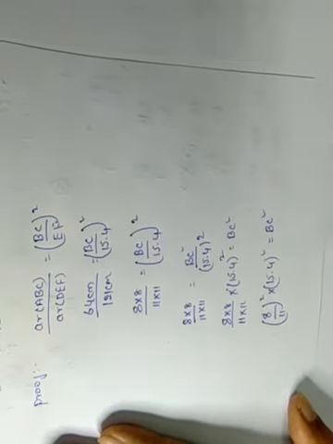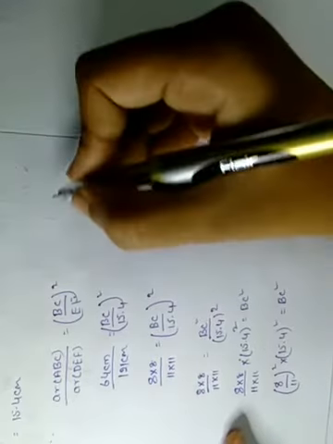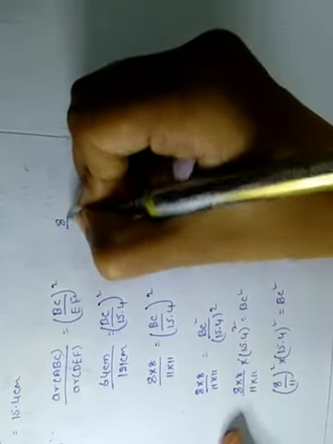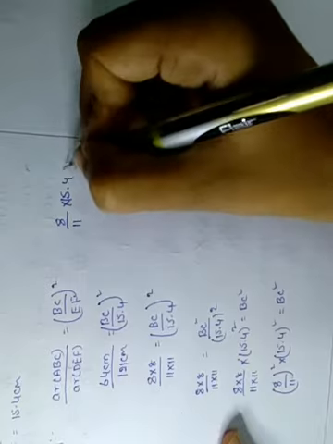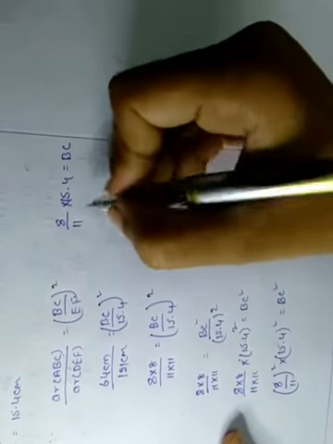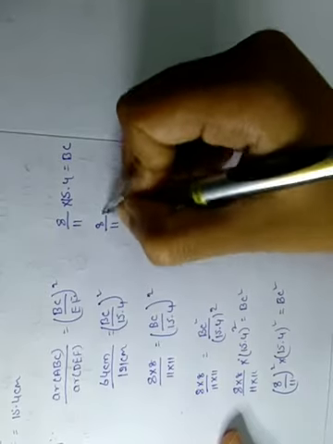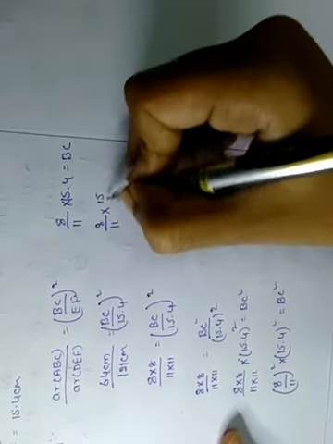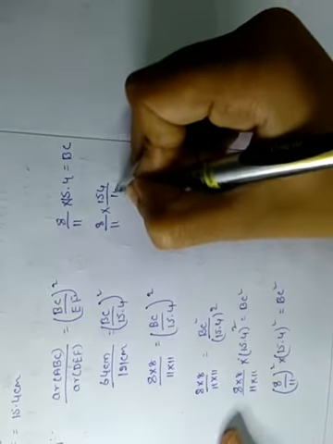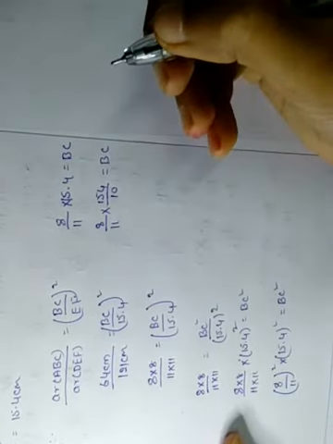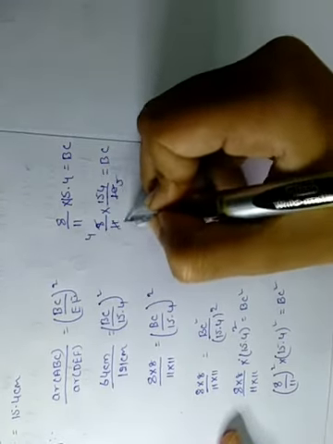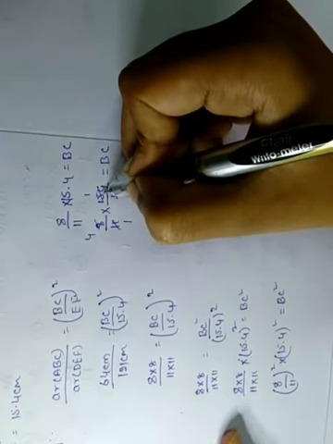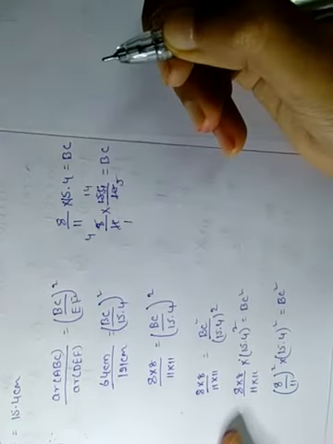Now the squares will get cancelled. Right, here the squares will cancel. So the remaining thing is 8 divided by 11 into 15.4, that is equal to BC. 8 divided by 11, we have to remove this decimal point. We'll get 8 into 154 divided by 10, that is equal to BC. Now we'll simplify. 2 5s are 10, 2 4s are 8, 11 1s are 11, 11 1s are 11, remaining is 4, 11 4s are 44.